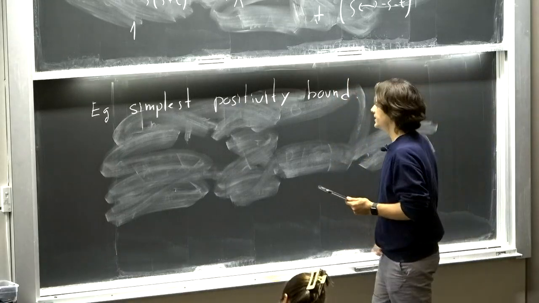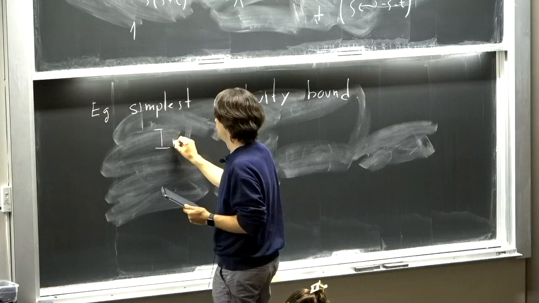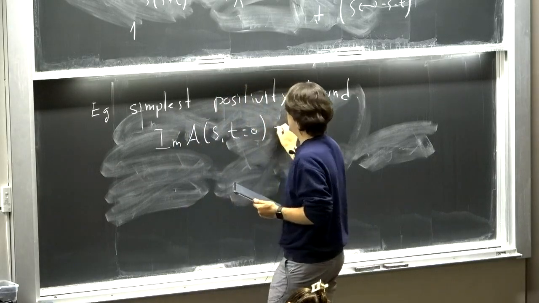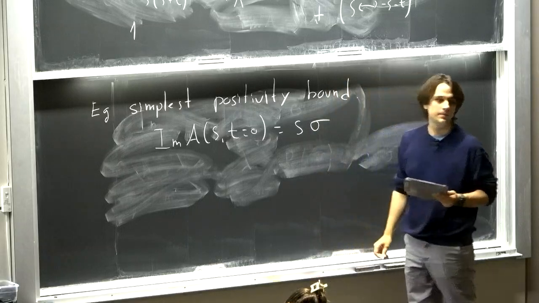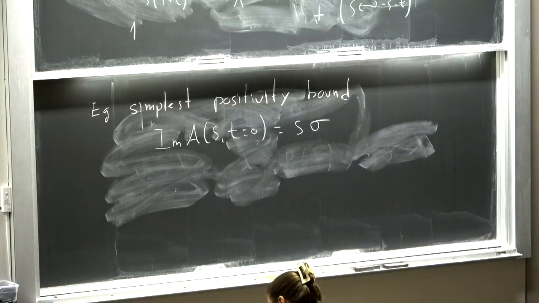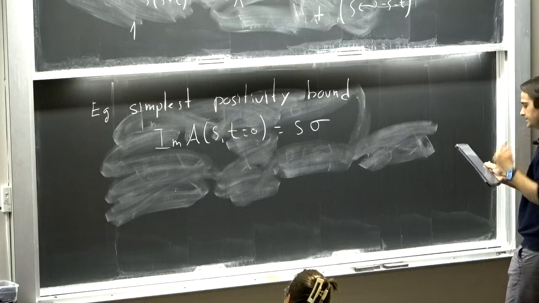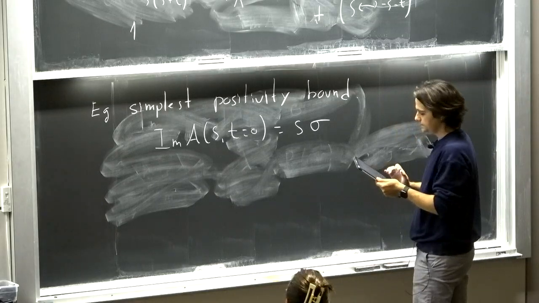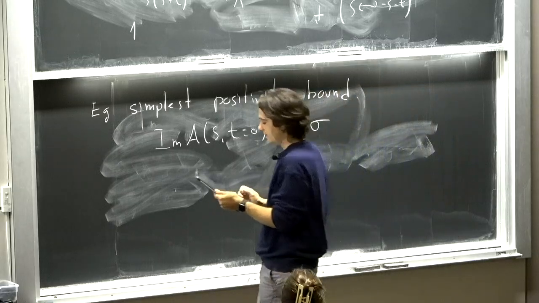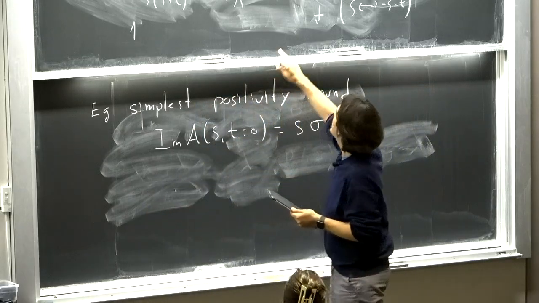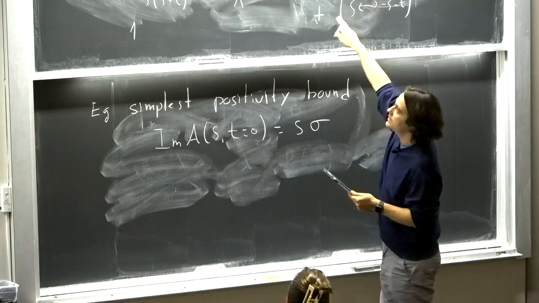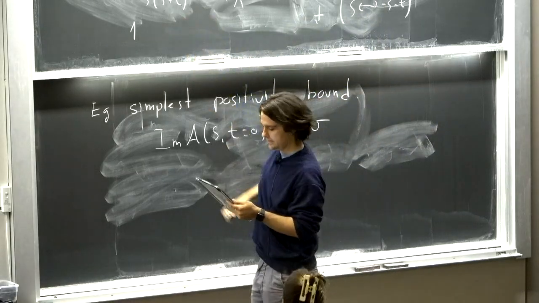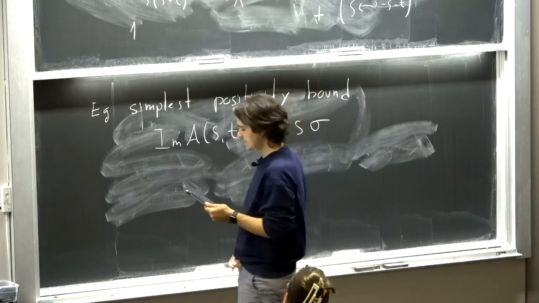We use the fact that the optical theorem tells us that the imaginary part of the amplitude at t equals 0 is just s times the cross-section. Okay, this is just the usual statement in your textbook. So what does that mean? You can check that if you expand this for small s and you take the forward limit, expanding this for small s means taking derivatives here on the left-hand side. So this directly tells me that